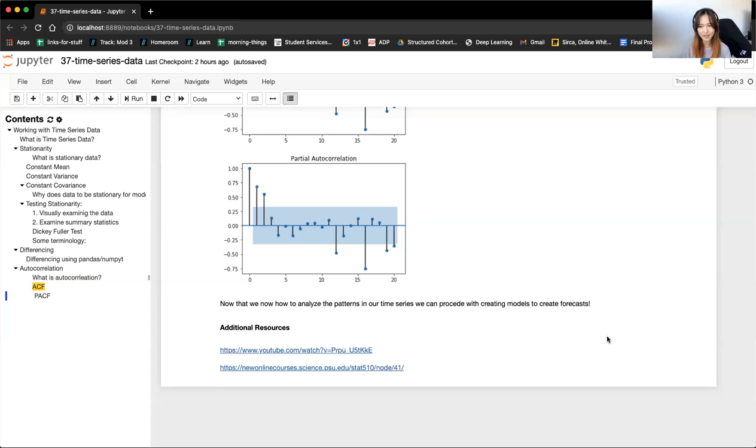Additionally, and we'll get to that in neural networks, you can build neural network time series models, specifically LSTMs, long short-term memory models. Those models will learn intricate patterns about your data to make predictions rather than just using